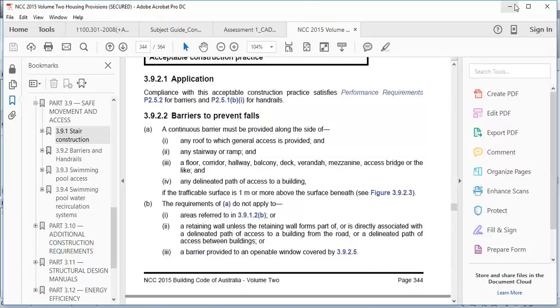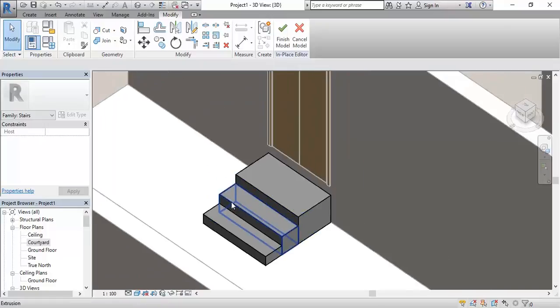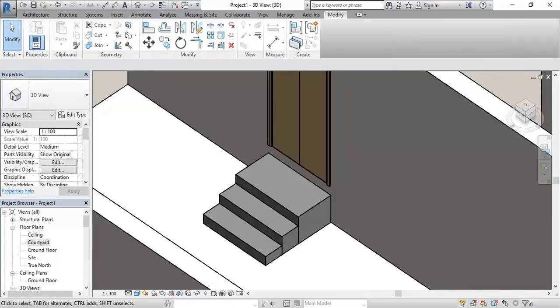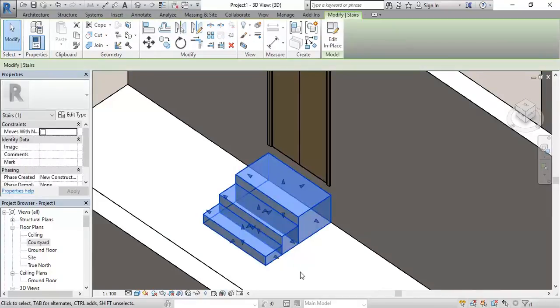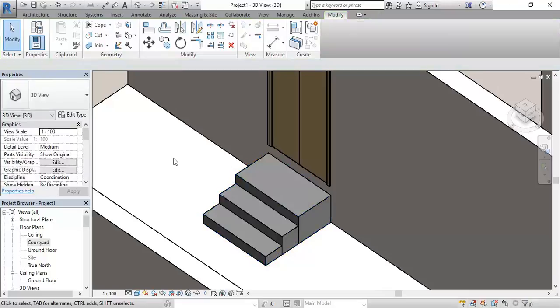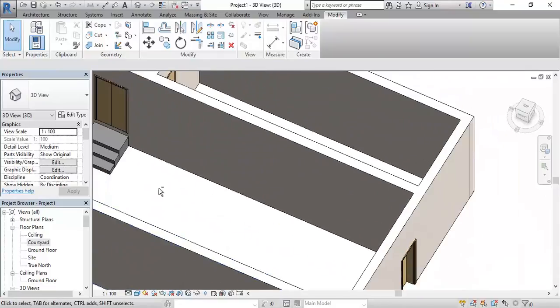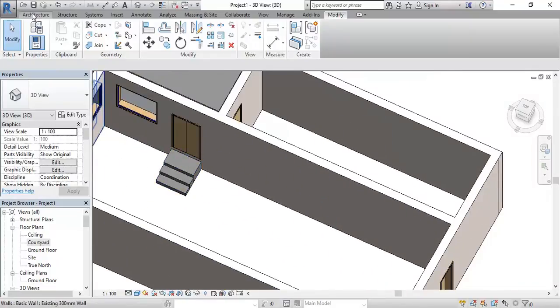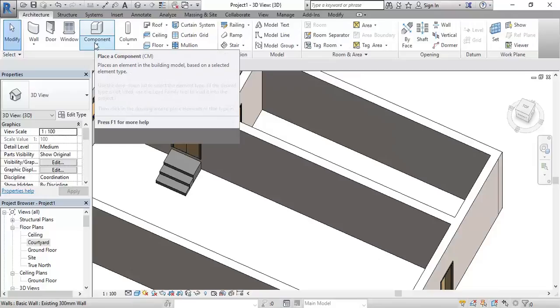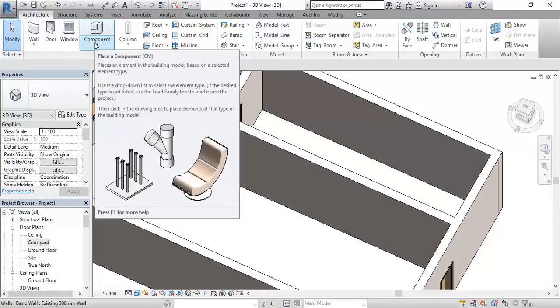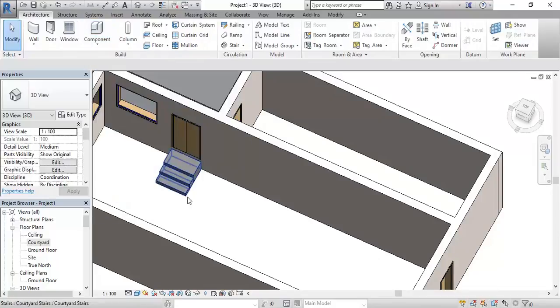Now I've done the 3 extrusions, 3 rectangles. So if I click Finish Model, watch what happens. They're all grouped together as one thing. Now just to finish up on that, this is probably as important as the modelling. You've got to think about how you're grouping the objects together. So if I wanted to make another family that was completely unrelated to this stair, I'd go back to Component, Model in Place,